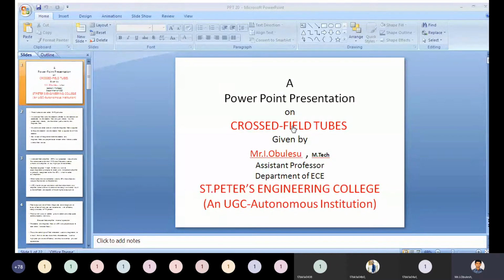A slow wave structure is located above and below the spinning disk of electrons. The electrons flow much slower than the speed of light, and the slow wave structure reduces the velocity of the input RF enough to match the electron velocity. The RF input is introduced into the slow wave structure.